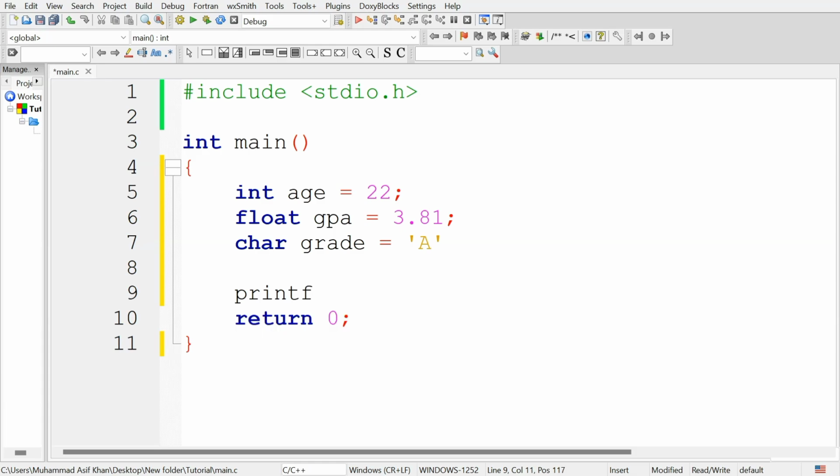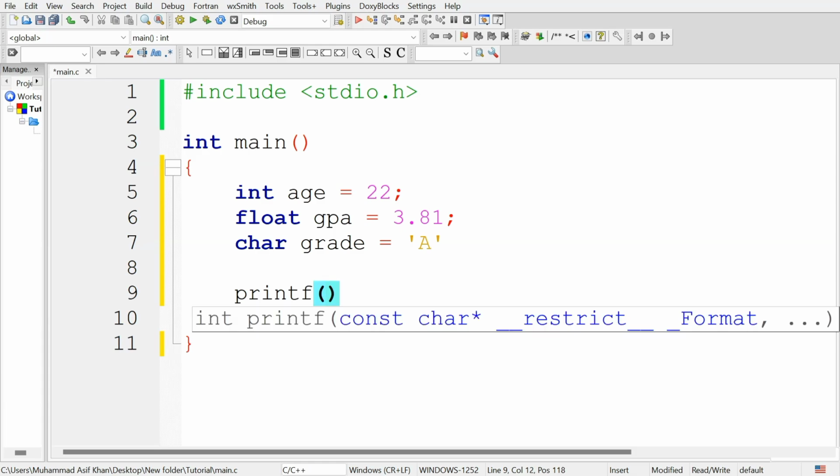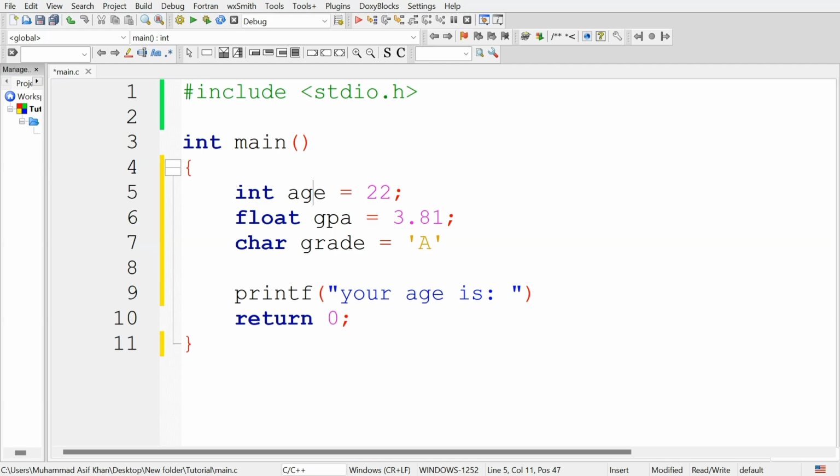printf, "Your age is". Now this program will display this information. Your age is, and age is an integer value, so use the format specifier for integer, that is %d.